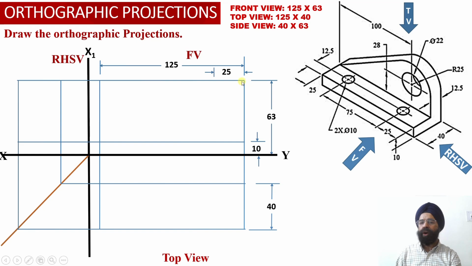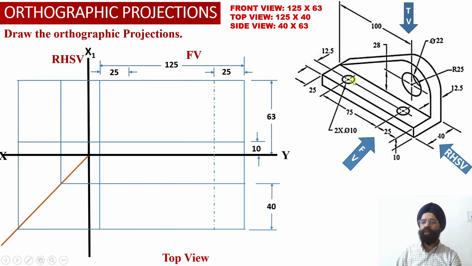So from the right hand side face of the solid, at a distance of 25 millimeter, we have marked the center line corresponding to these two holes over here, corresponding to one hole in the horizontal web, corresponding to another hole into the vertical web. So we have marked the center line at a distance of 25 millimeter from the right hand side face of the solid. Similarly, from the left hand side face of the solid at a distance of 25 millimeter,